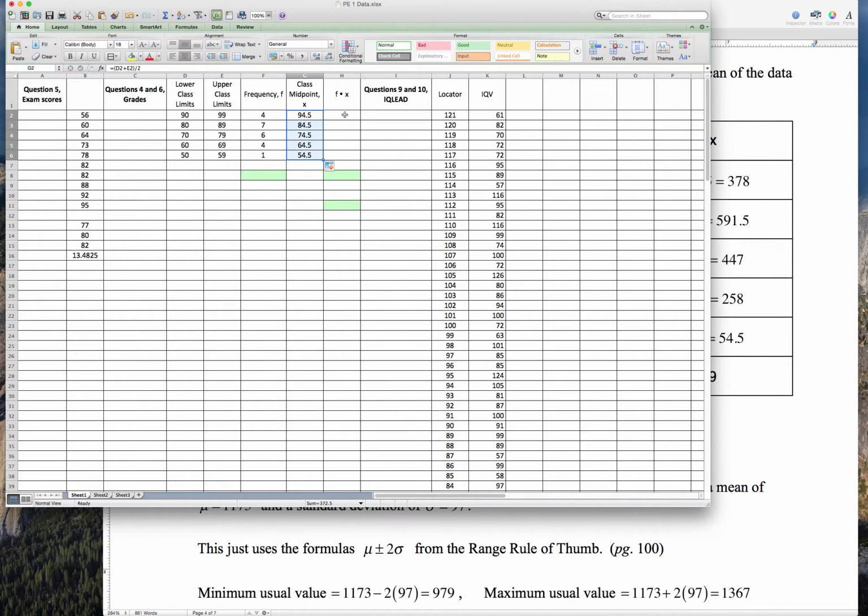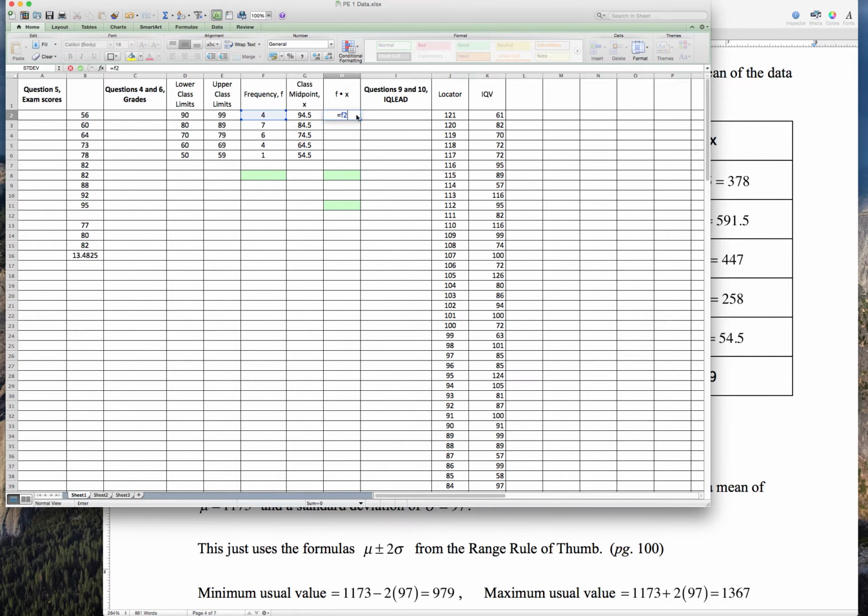Now the next calculation we want to perform is the multiplication of each frequency times each class midpoint. That's why this is labeled f.x. So I click in this first cell. I'm going to do another autocomplete, and so I will make the calculation for this pair of cells, this frequency times that midpoint. And so in this cell I type equal, and I want to multiply 4 times 94.5, but again you indicate the 2 cells, so you type